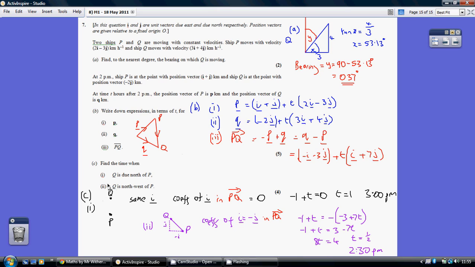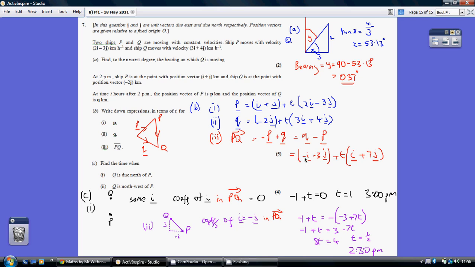Now for part C, part 1, Q is due north of P. So basically if you just imagine this the other way around, Q above P, so Q to P, there's going to be no sideways movement, it's just upward movement, so the i coordinate is going to be 0. When Q is due north of P, there's no movement in the i coordinate, because Q and P are both on the same i coordinate. So just considering the PQ vector, we need the i coefficient to be 0,